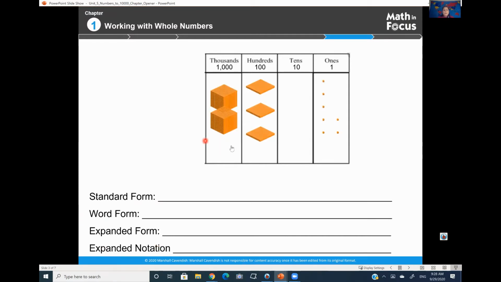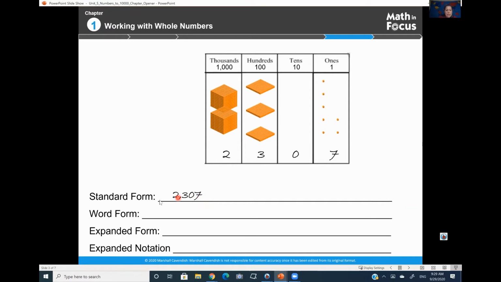If you notice, we have 2,000s, 300s, no tens, and 7 ones. So the first step you have to do when you have a problem like this is to count how many of each you have. So, reiterating what I just said, 2,000s, 300s, 0 tens, and 7 ones. So this is going to be my standard form, when I just plainly write the number of the base 10 blocks that are represented in the place value chart,